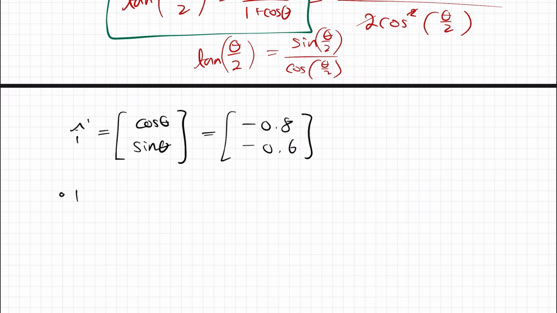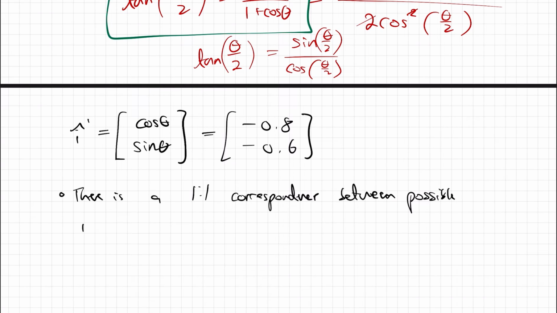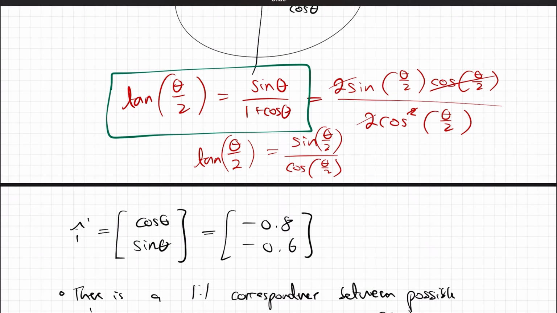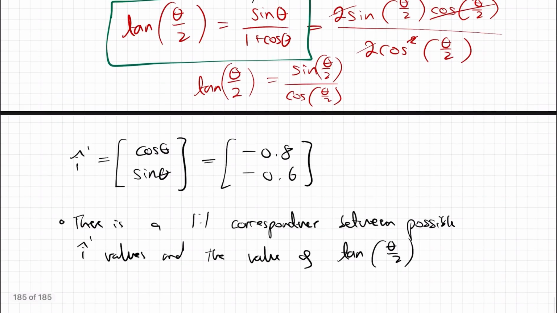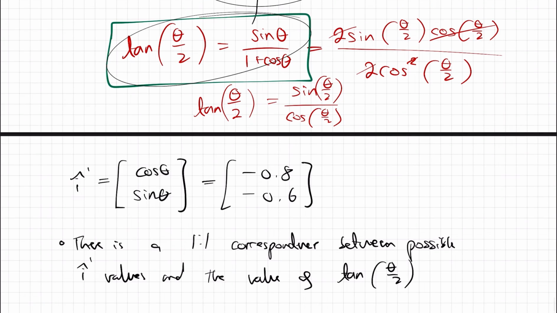We know there is a 1-to-1 correspondence between possible I hat values, or I hat dash, as you want to see it, and the value of tan theta over 2. Another way you can see it is, well, this is essentially saying this equation we can rewrite in terms